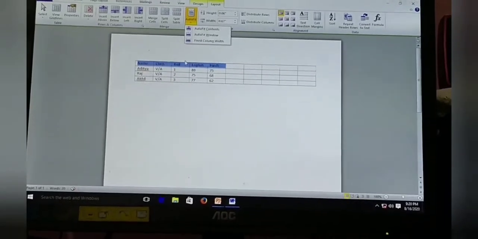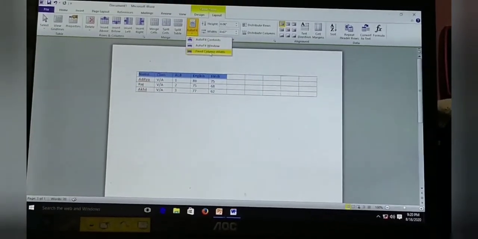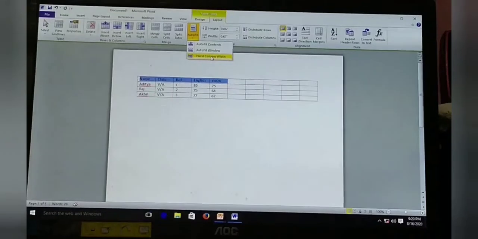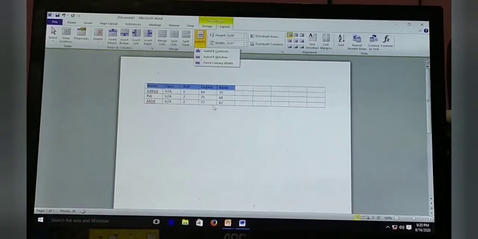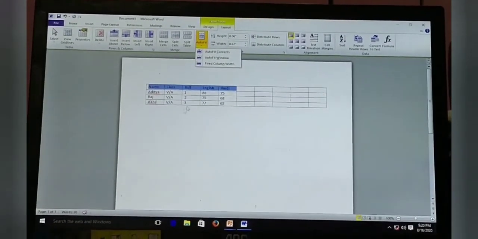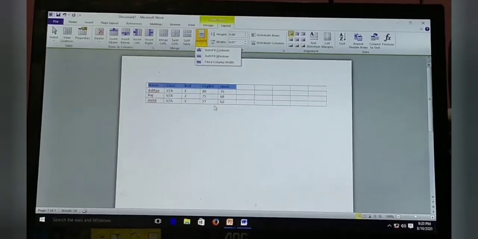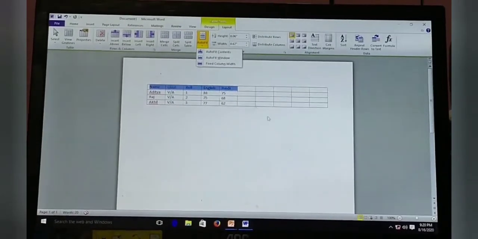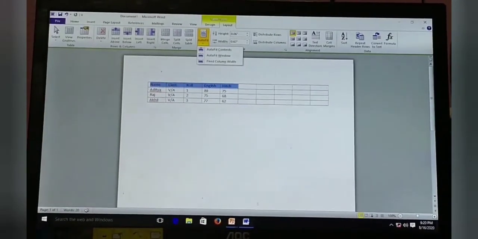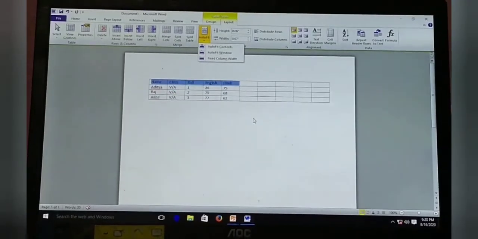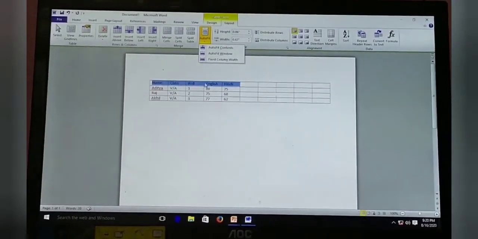Our next option is Fixed Column Width. The text is wrapped in the same cell, means in the same cell all the text is wrapped. So one by one we will see how these options will look.